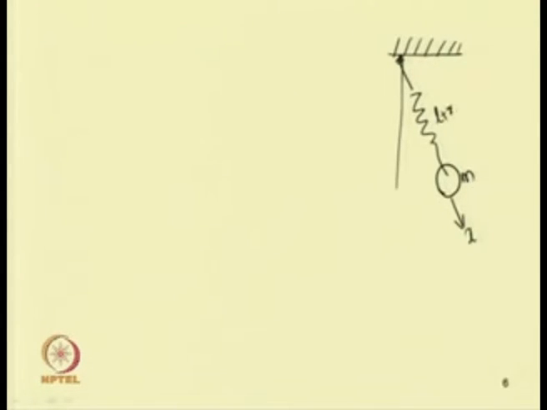So, let us take a simple example of a spring mass system. Unlike the spring mass systems we have studied before, here the spring can extend with this mass m. Let the original length of the spring be L. Now, with extension, it has extended in this direction by an amount x. So the extended length becomes L plus x, where the original length was L.